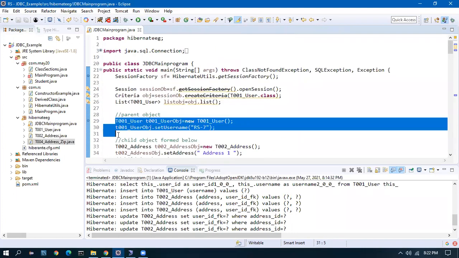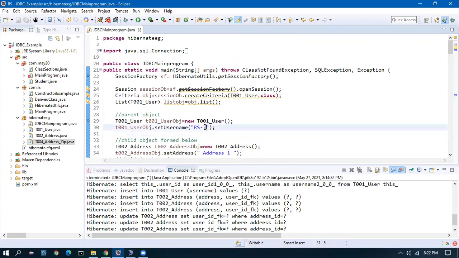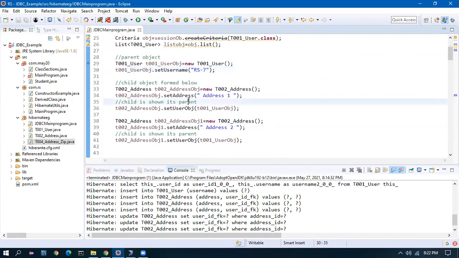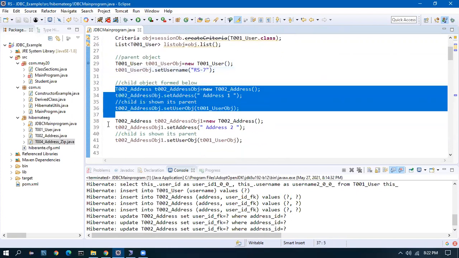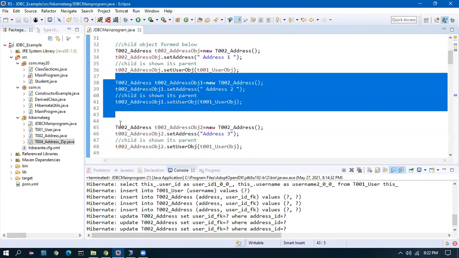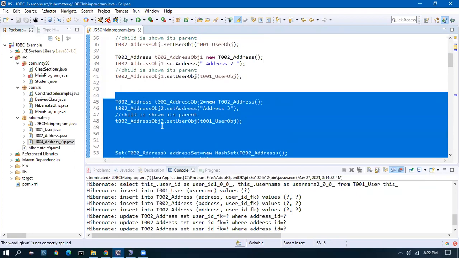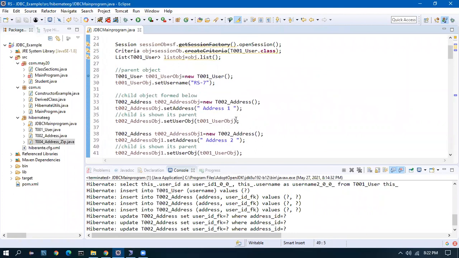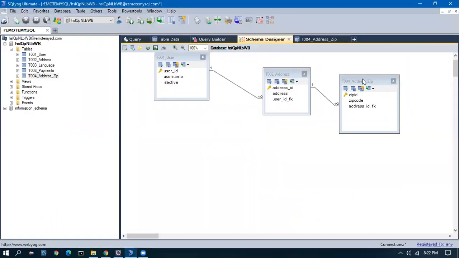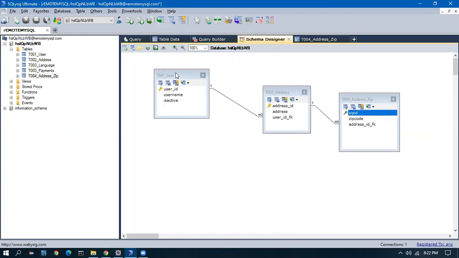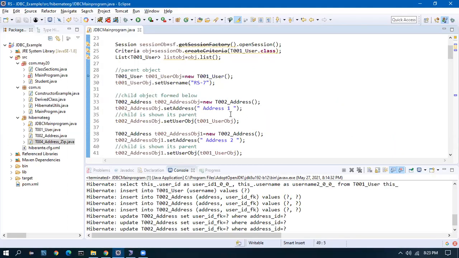The parent object user is done. We have the first, second, and third address objects. Now address and address zip are parent and child, correct? So we will form the same relationship as we did for user and address, for address and address zip.